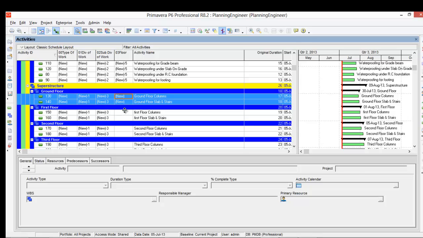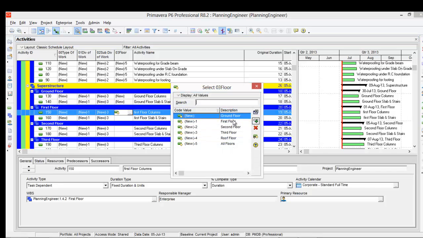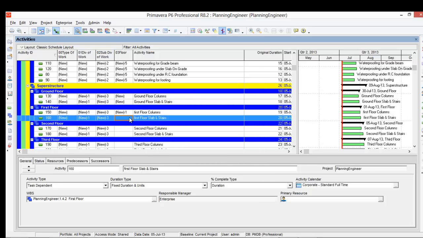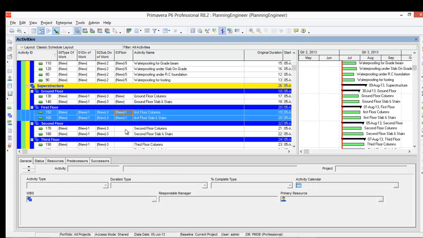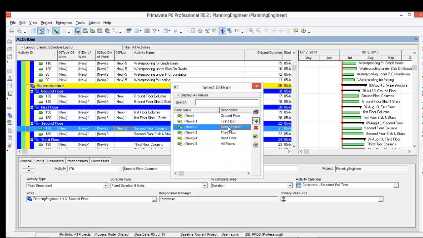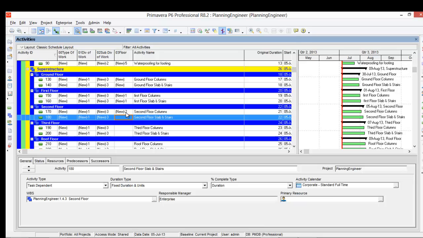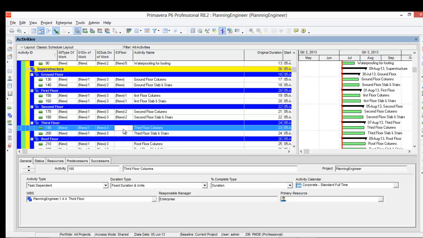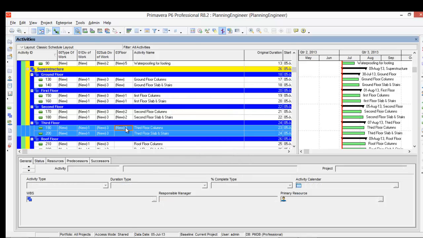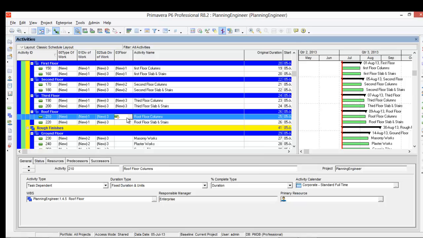This is a little bit will take some time. The second floor, the third floor, and this is roof floor.